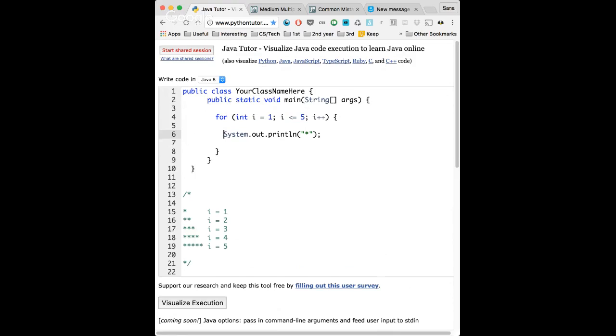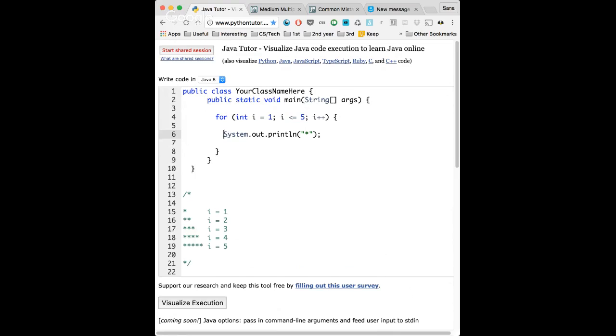So how do I print this star i? I want to print on line 1 when i equals 1, I want to print it 1 time. When i is 2, I want to print it 2 times. So couldn't you just make a bunch of if statements? Like if line 1 print 1 star, if line 2. Or could you use a switch case? My cases would be if i equals 1,